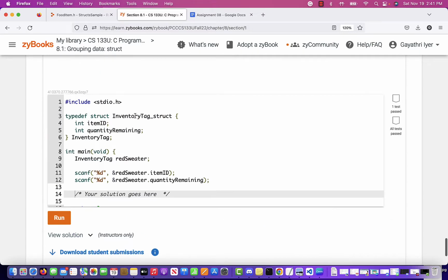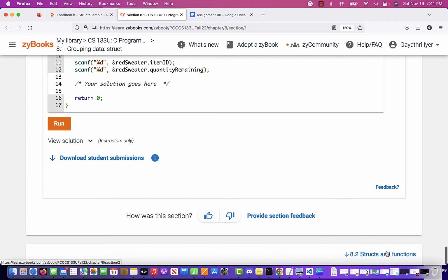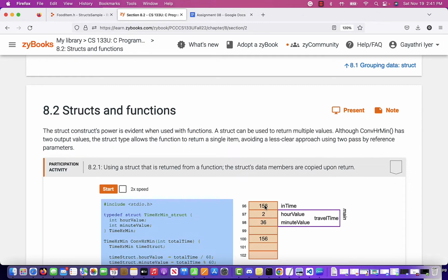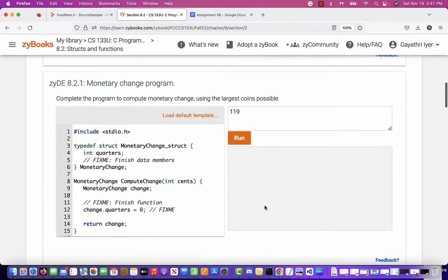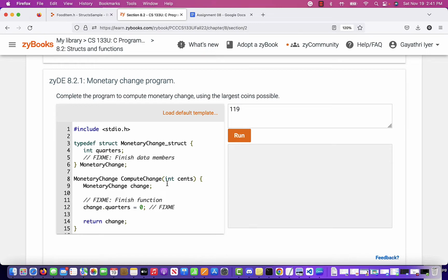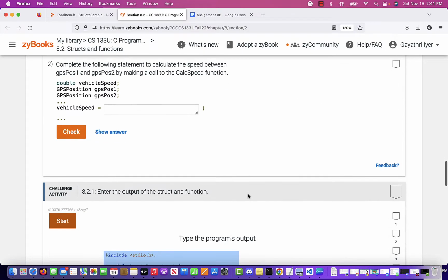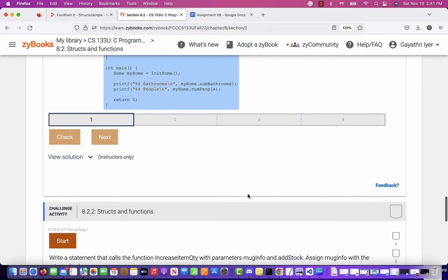So here's an example of an inventory tag, which uses an item ID and quantity remaining. And this is your actual struct data type. And then you use that inside of main. Structs, once you have created them, are more like objects. They can be passed to functions as individual objects. Let me find a good example, and I'll show you some of these things as we go through